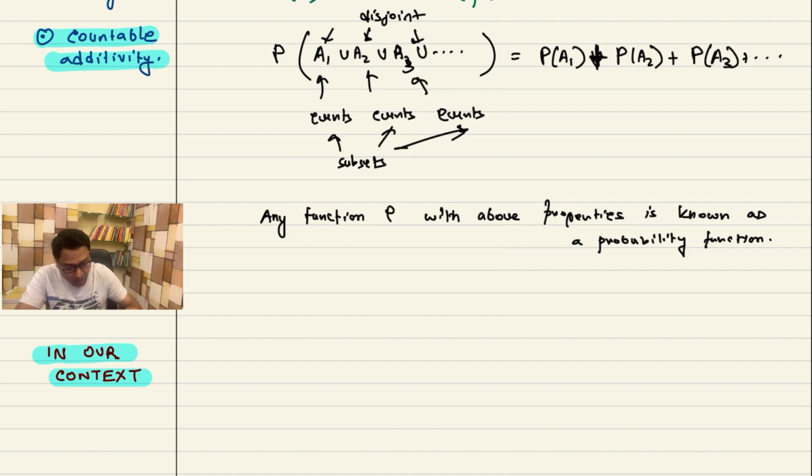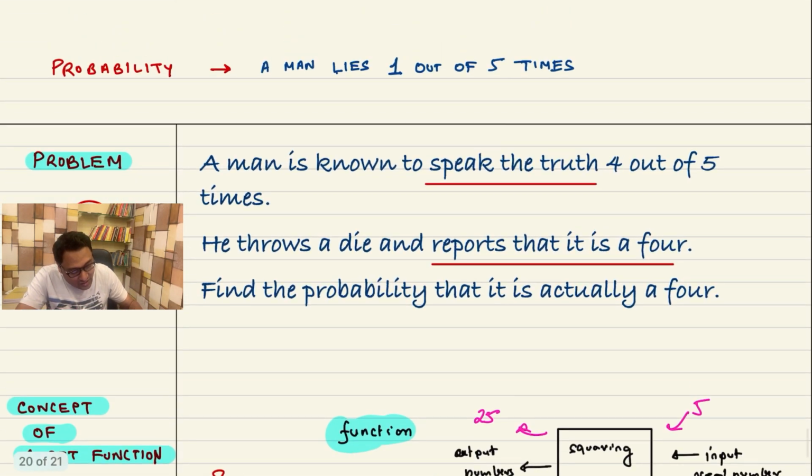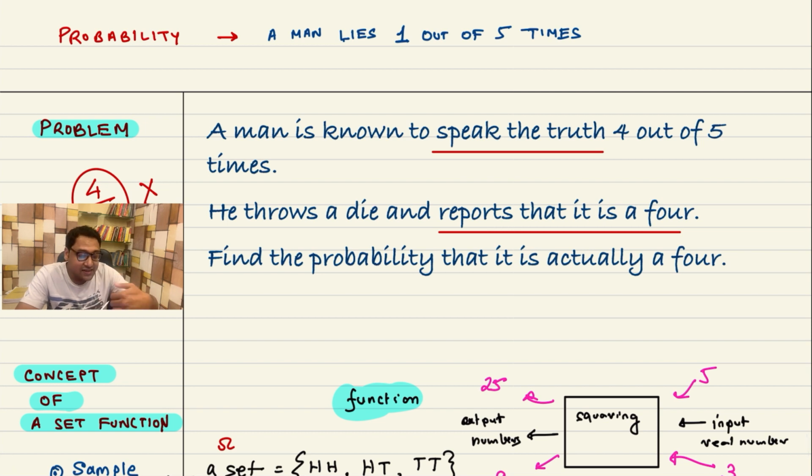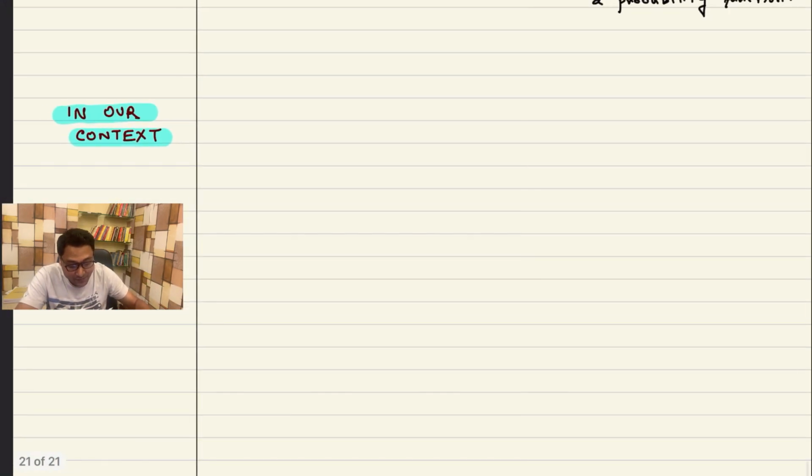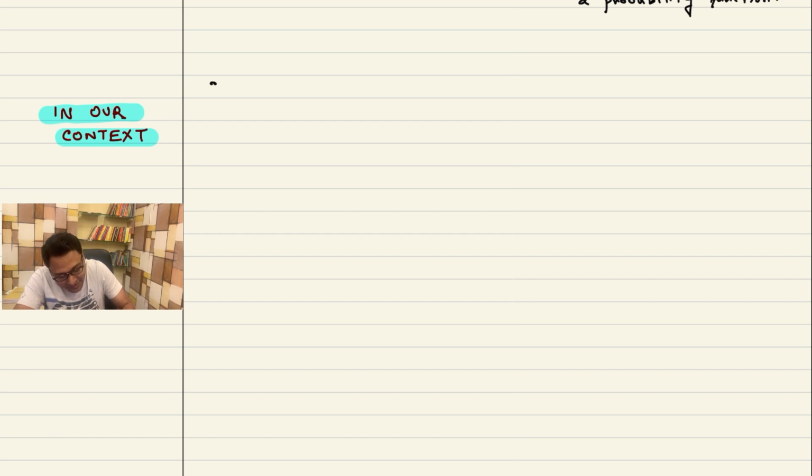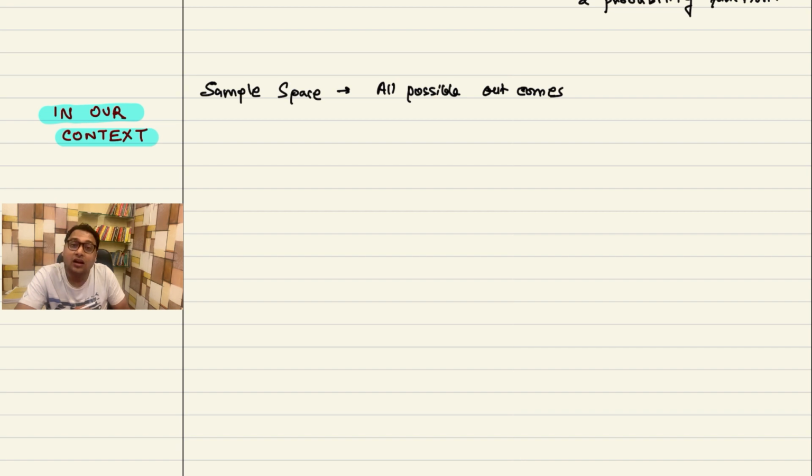Okay. All right. So now, in the context of our problem, the man is speaking the truth 4 out of 5 times. He throws a die and reports 4. So you have to first build the sample space. Let's build all possible outcomes. Okay. So what are the outcomes? The outcomes are,